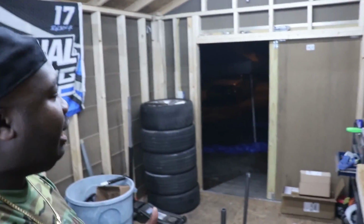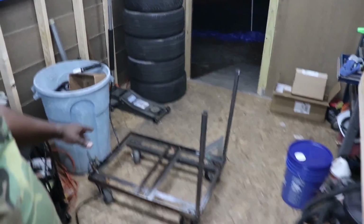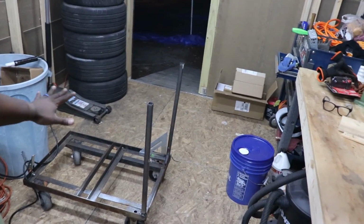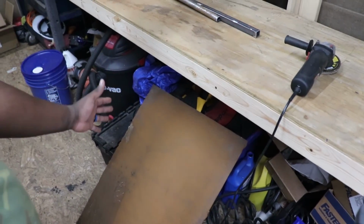But anyway, when I come back out tomorrow, I will go ahead and start on the other side. Then from there, we'll fully weld it in. Well, not fully. We'll tack them in. And then we will put our top on there, kind of line everything up, see how everything sits. This plate is kind of bowed just a little bit, so we're going to see if we can make this